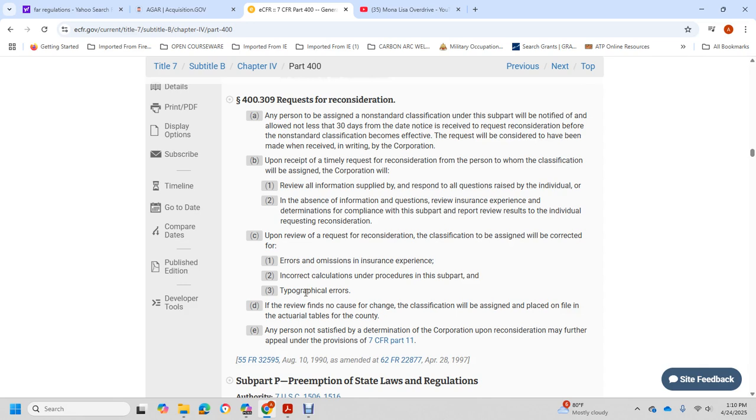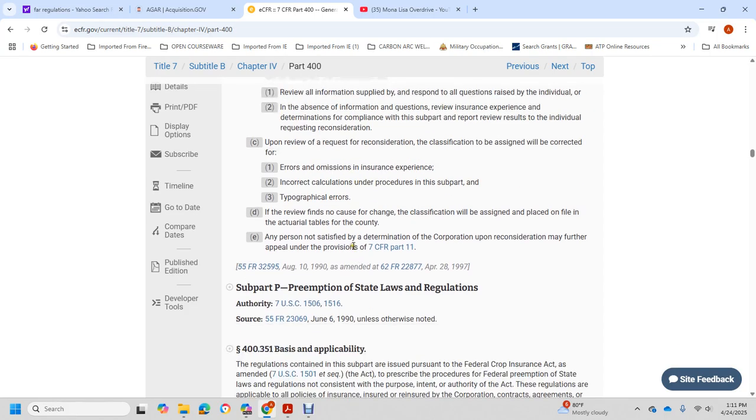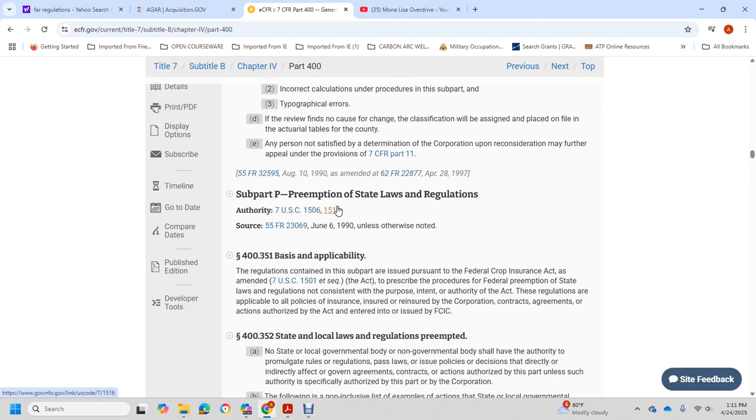After the review, if no cause is found for a change in the classification, the term is placed on the file with the accruable tables of the county. Any person not satisfied with the determination of the corporation upon reconsideration may appeal under Title 7, Part 11. Subpart P, premium preemption of state law, regulation 351, based on the applicable regulation contained within